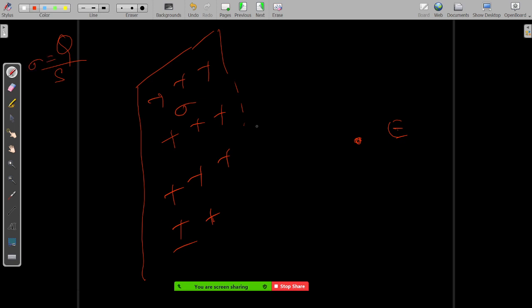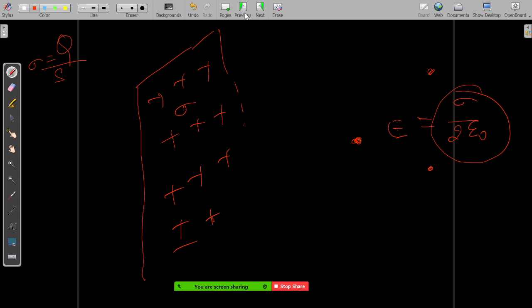So they have given you a sigma, and the electric field here comes to be sigma by 2 epsilon naught. Whether you take it at this point or this point or this point, anywhere, at whatever distance it is from the plate, the electric field is going to be the same. We are not worried about the distance from the plate because that distance is very small in comparison to the large size of the plate itself. So it basically doesn't depend on the distance from the plate.